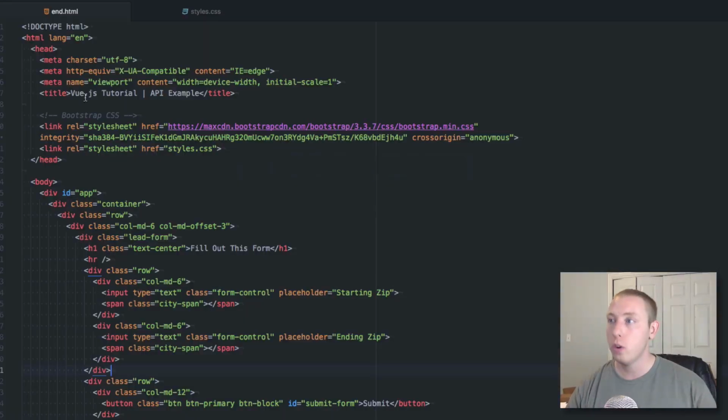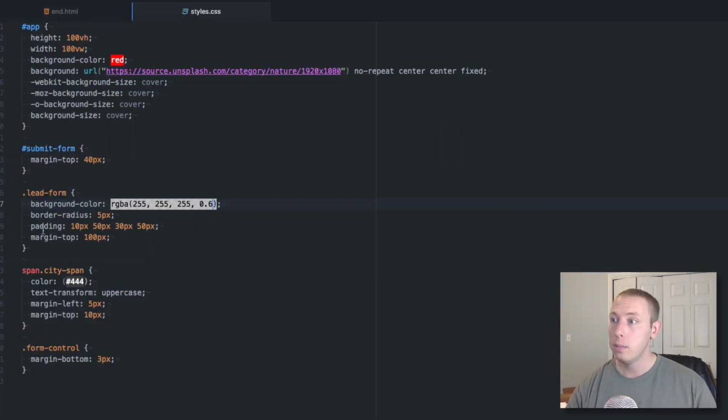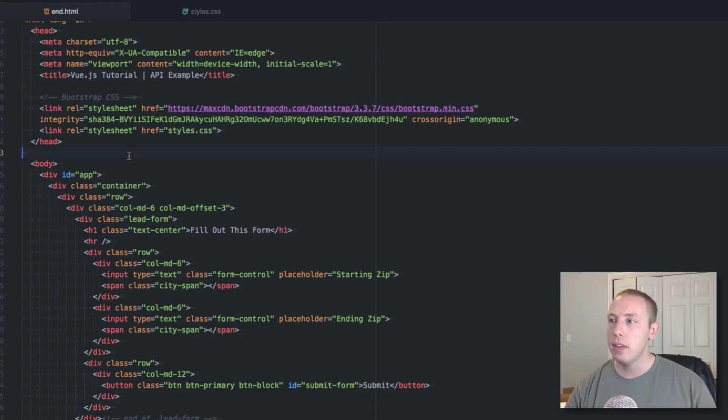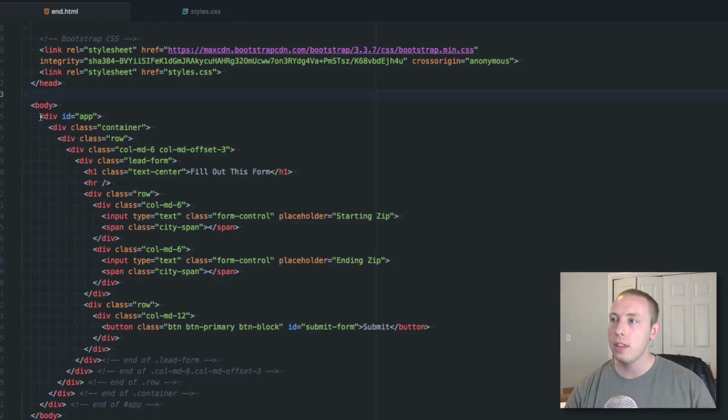Now, looking at the source code up here, you can go over to your start.html. You can see that in the heading over here, we've just got some basic meta. We've got the bootstrap CSS in this file here. And then we link to a styles.css, which is in your project file as well. That basically just has the basic source code here, just to make it look like we see it. All right, so now that we've got that out of the way,